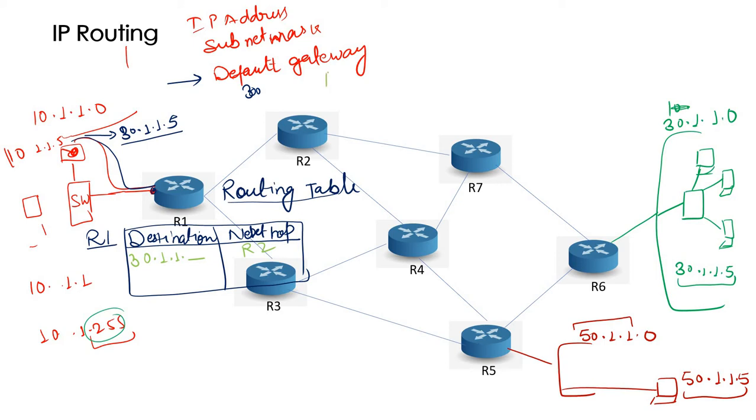And similarly, there will be information on router 2. This is the router 2 routing table. In that case, it will have the destination and the next hop. Then it will have 30.1 something, or we can say 0. And when any packet comes for this network, then please send it to R7, or the IP address of the R7 interface. So we can assign the IP address of this interface, and give that in the routing table.